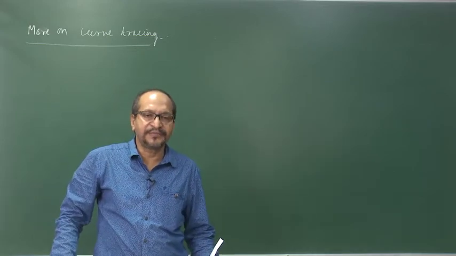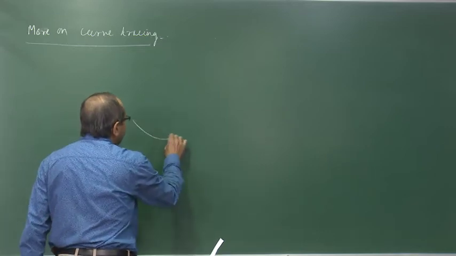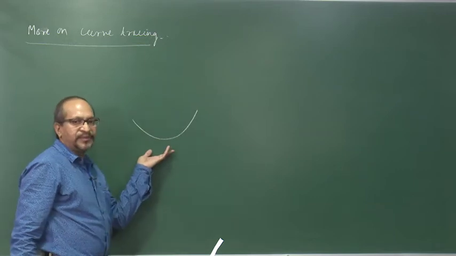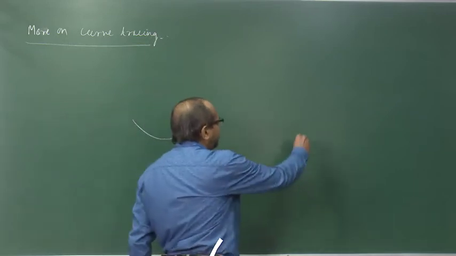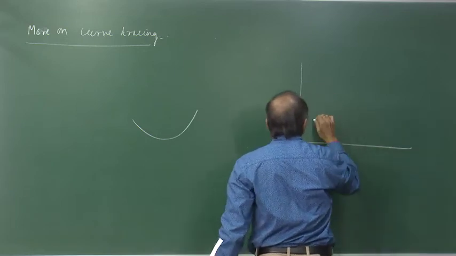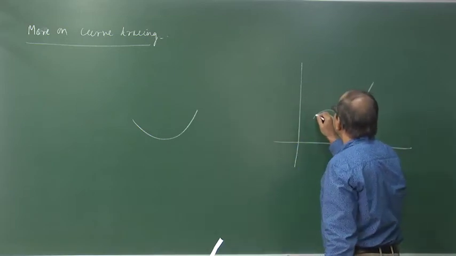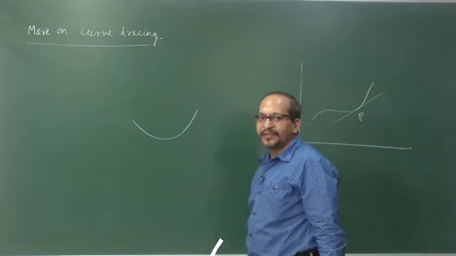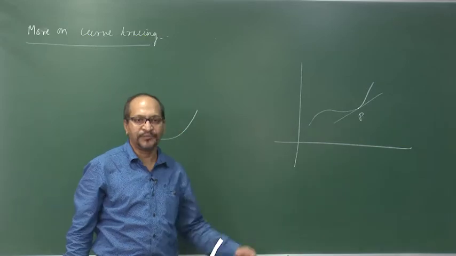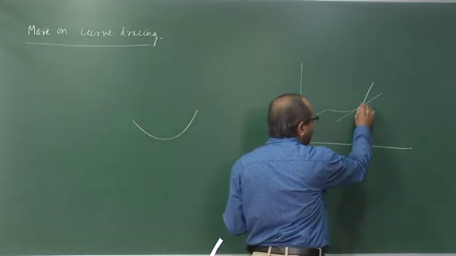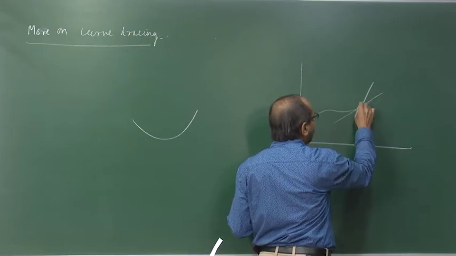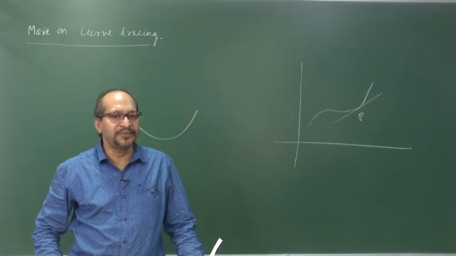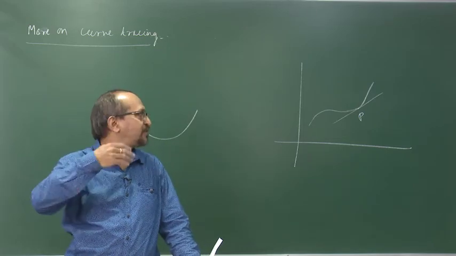Concavity and convexity of a curve. We know if the curve is like this, then it is concave from upside, convex from downside, right. So, if any curve, say this is any curve, suppose this is a point P, right, and we draw a tangent at point P to the curve. If in the neighborhood of this point P all the points are lying above the tangent, then obviously the curve is concave upward.